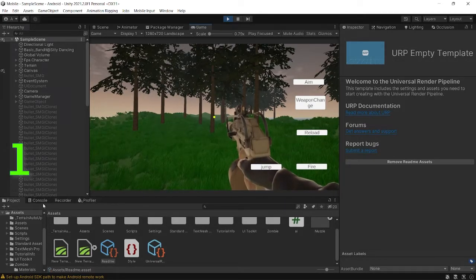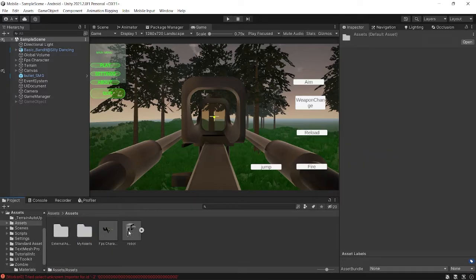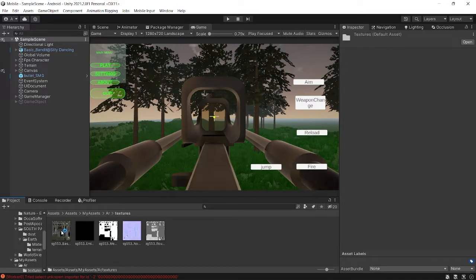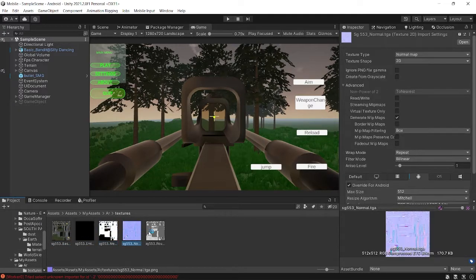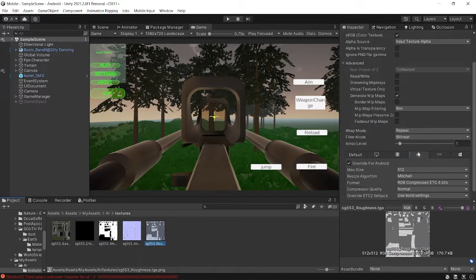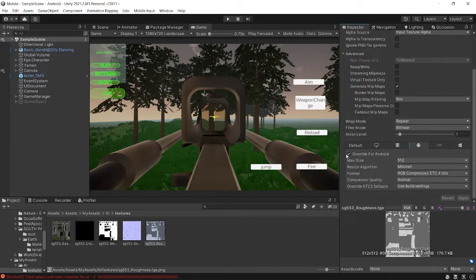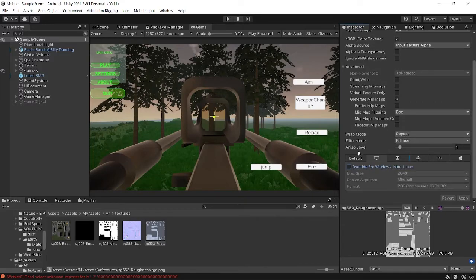So first of all, I am going to recommend you to decrease the texture resolution of whatever assets you are using in your game. For example, let me show you here. I have got my own assets here, and I have got the textures here. To optimize this, I am actually using it for Android. You can do whatever you want, like computer or whatever. You can just do an override for your device, like in PC you also have an override for Windows or something, an override for dedicated server or whatever